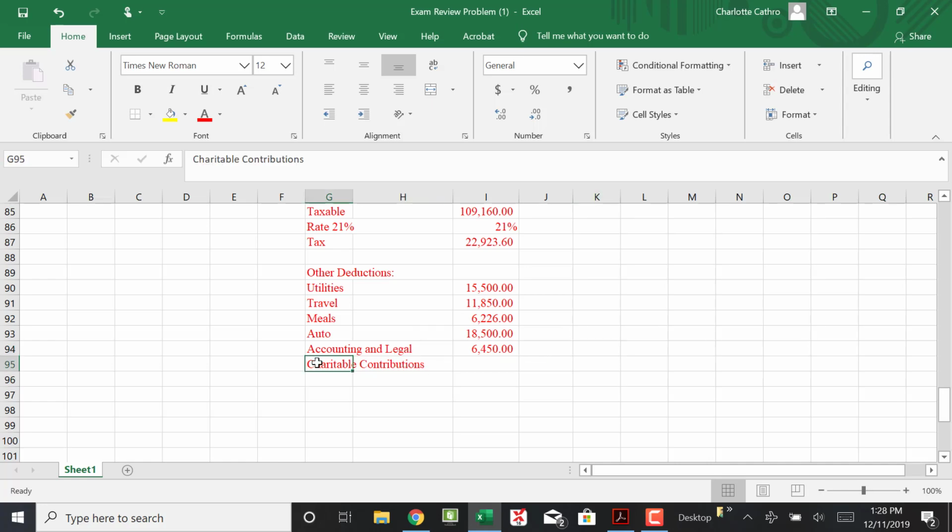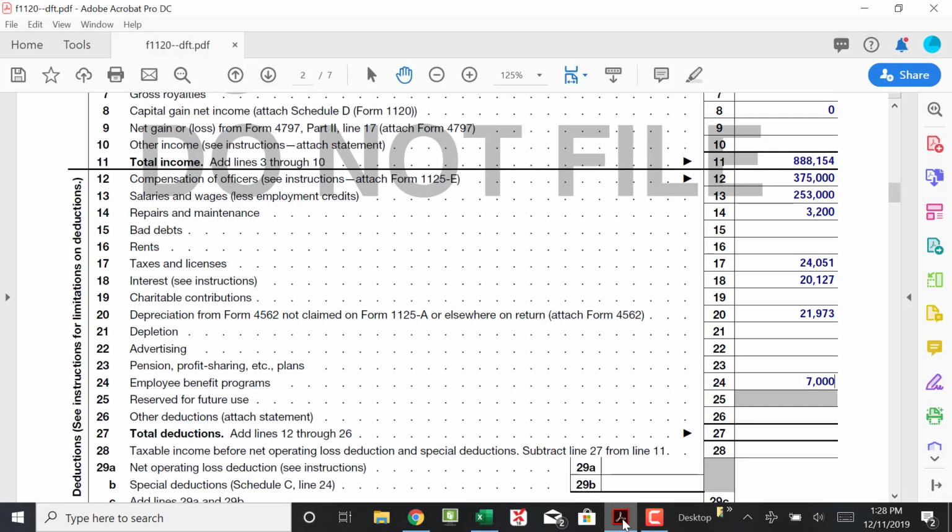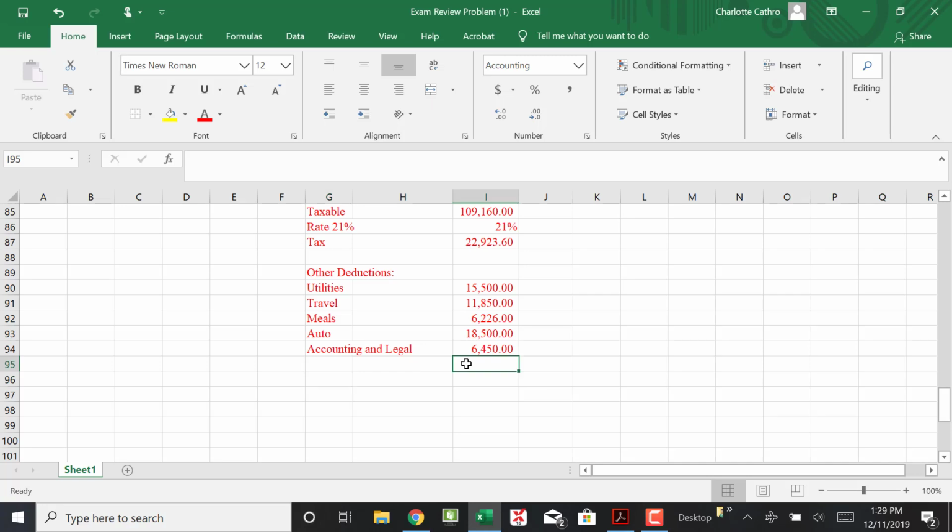There is a line for charitable contributions, so I'm going to put it on that line. I missed it. Charitable contributions, 12,000. Okay. So going back, our total other deductions, if I sum this up,